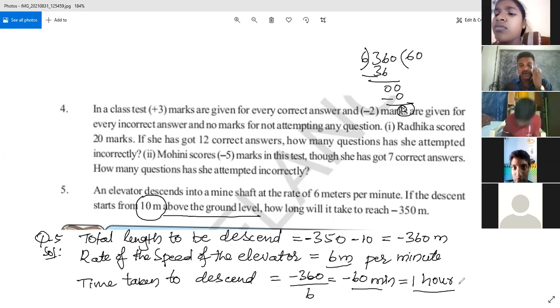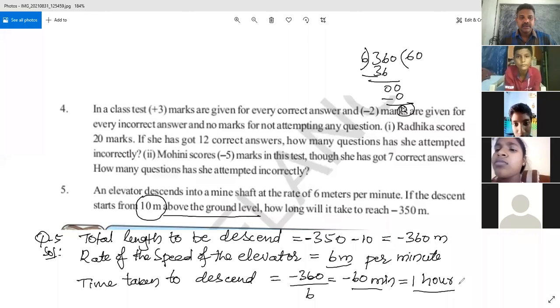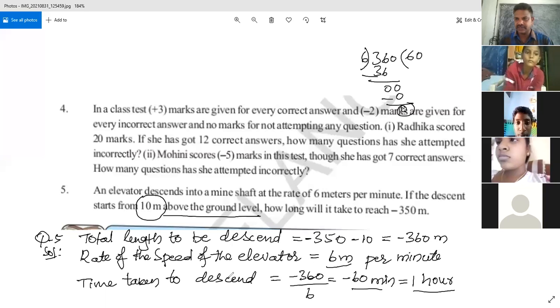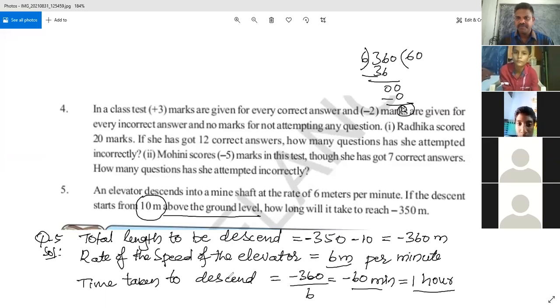Okay, this is all about question number 5. Take one screenshot, you can copy it in the book, right? Okay, complete exercise 7 completely, and I will also send the reflection. We need to write one project work and one reflection, you know. Have you taken the screenshot? Right, okay.